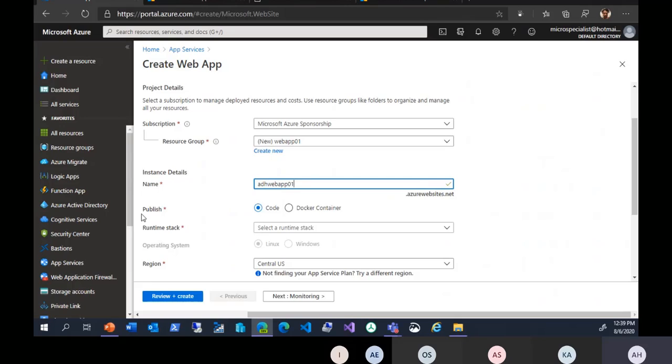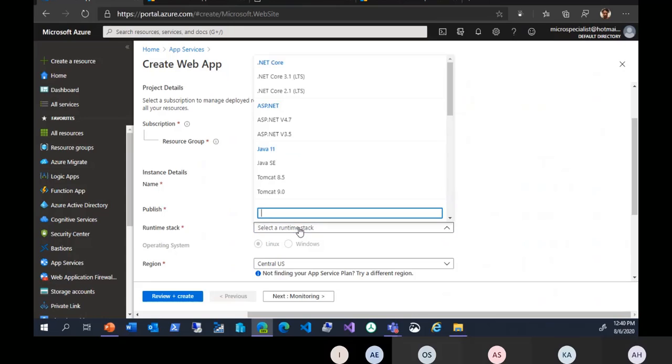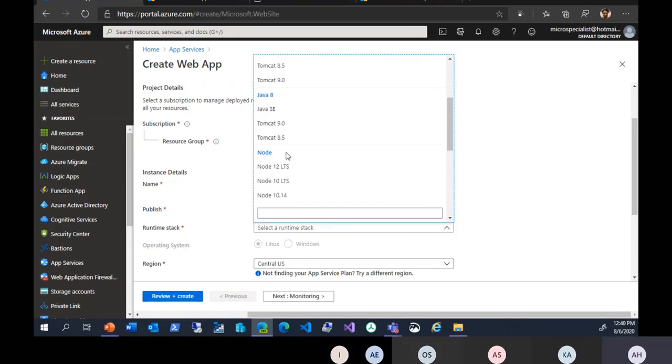Now here I have the option to select what I want to publish. So I can either publish my programming code, or I can publish my app service as a Docker container and then run my app in that container. So I'm just going to leave it as code and select my run stack. And as you can see, it supports .NET, ASP.NET, Java applications, Java 8, Node, PHP, Python, Ruby, etc. So quite a lot of different versions and